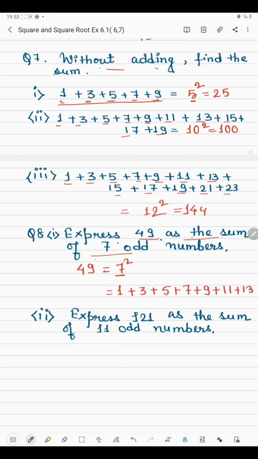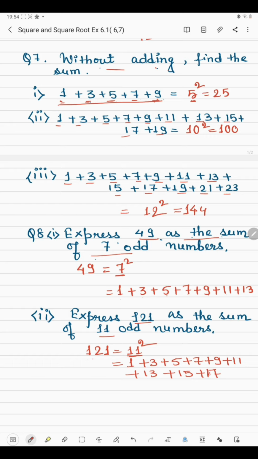Okay. Now in the next part we have 121. So it is said that we will have to express 121 as the sum of 11 odd numbers. Now why 11? Because this 121 we can write like this, 11 square. Now 11 square means how many odd numbers? It's 11 odd numbers. So we'll start from 1. So 1 plus 3 plus 5 plus 7 plus 9 plus 11 plus 13 plus 15 plus 17,